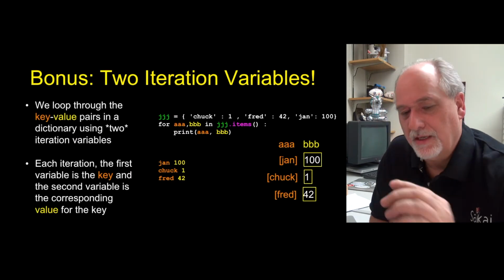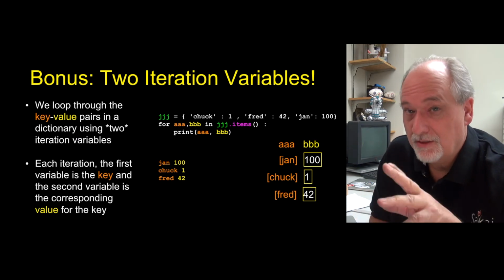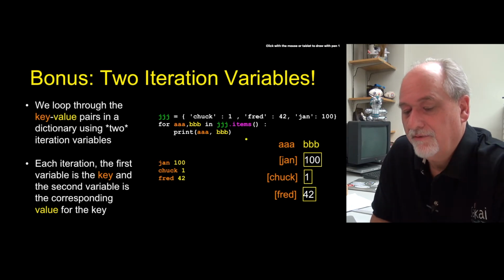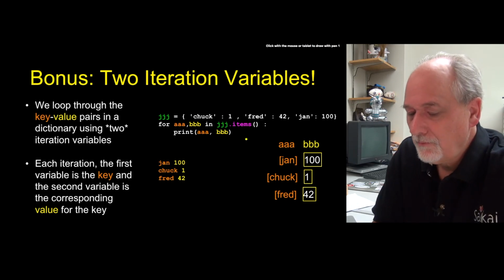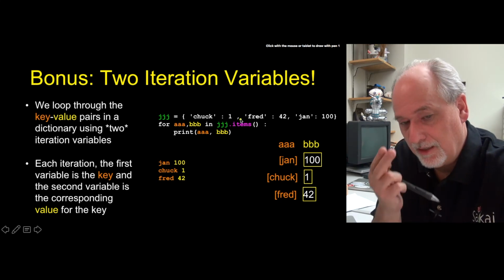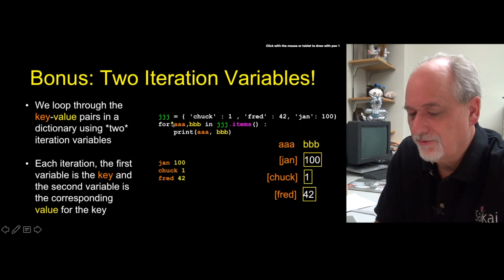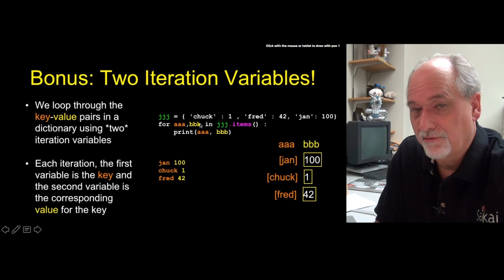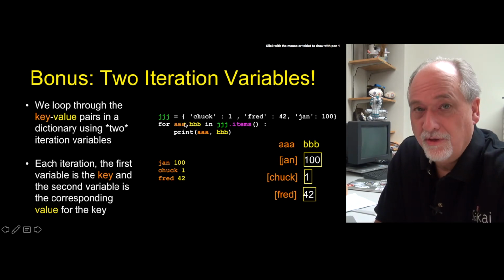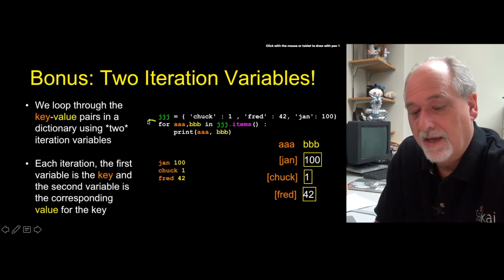This whole items idea that gives us back a list of key value pairs, because it's not just a list of keys or a list of values, it's actually a list of key value pairs, allows us to write in Python a very clever and elegant loop. What we can do is, this items gives us back, each item in the list has a key and a value, and we can actually take 2 iteration variables. For AA, comma BBB, this is 2 iteration variables. And if you're coming from another programming language, this is super cool, and it's a Python-only feature. I never have seen another language that's capable of doing something this simple and that elegantly.